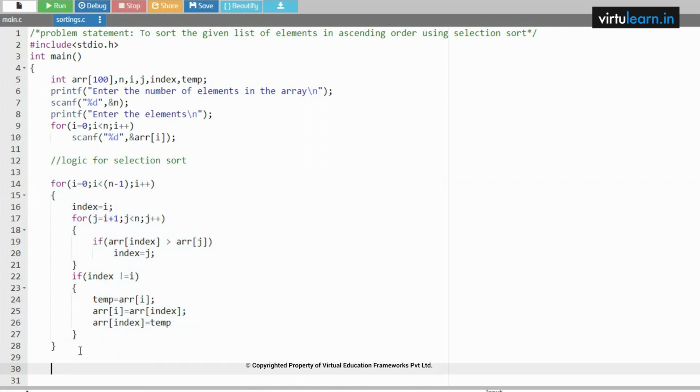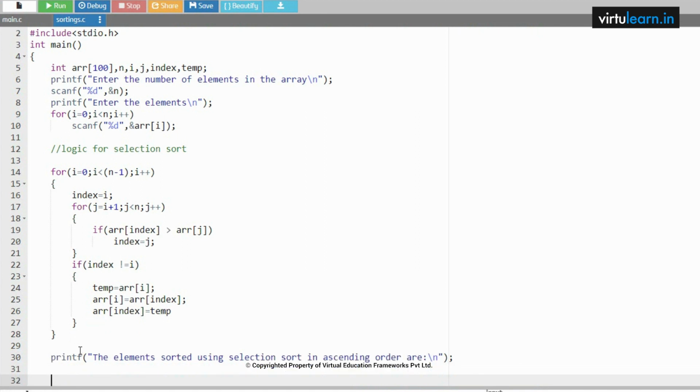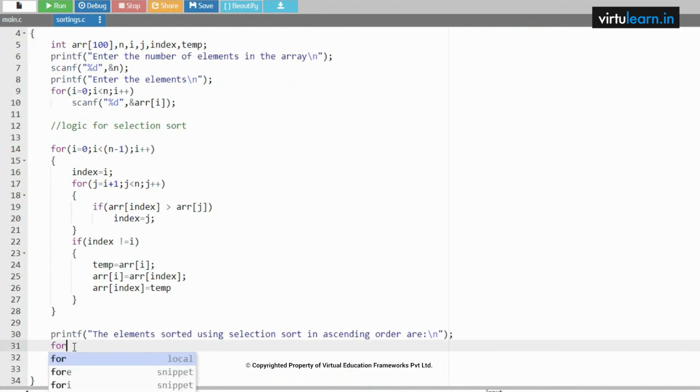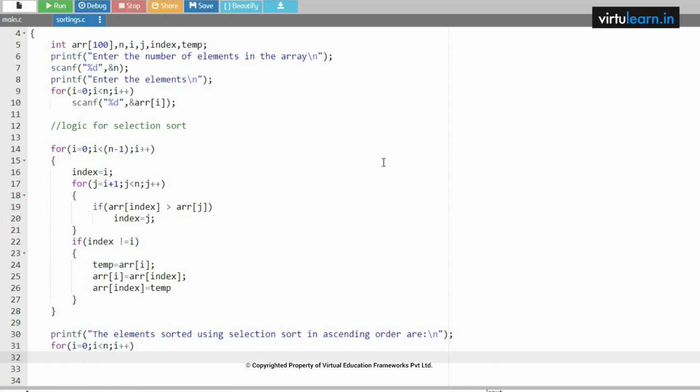Now after completing the sorting process, printf the elements sorted using selection sort in ascending order are. So these are the elements which are sorted in the ascending order. I am just printing those elements. In order to print these elements, for i equal to 0, i less than n, i plus plus. I want to print these elements. Printf the elements within the given array in the sorted list are